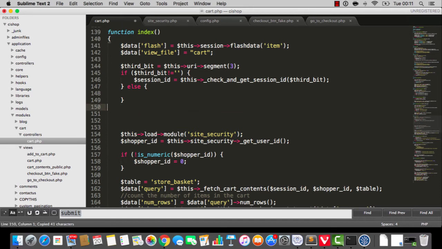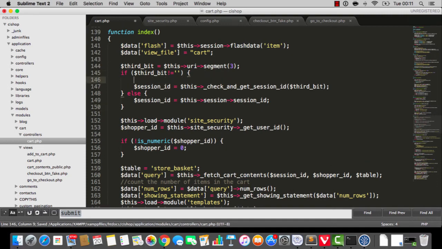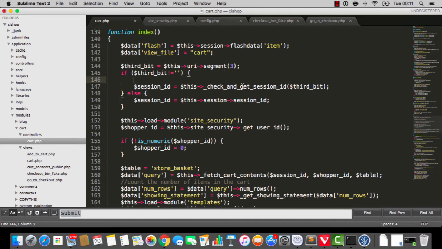So here's what's happening. I'll just paste this in, you'll see what I mean. So the vibe is, if the third segment of the URI, if this third bit is not empty, then I'm going to check that this is a valid thing, that we can convert this into a meaningful session ID. And then I'm going to return the session ID if that's a goer, okay? So I'll just do this as a comment so you can see what's happening. So the vibe is, check that the token is cool, then